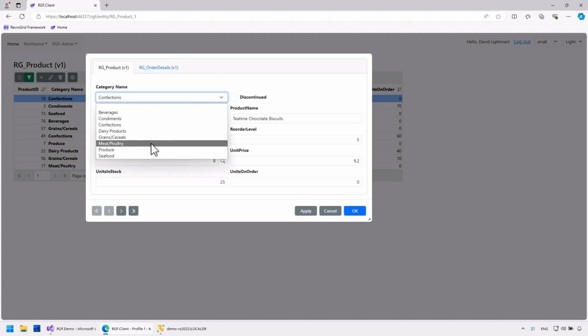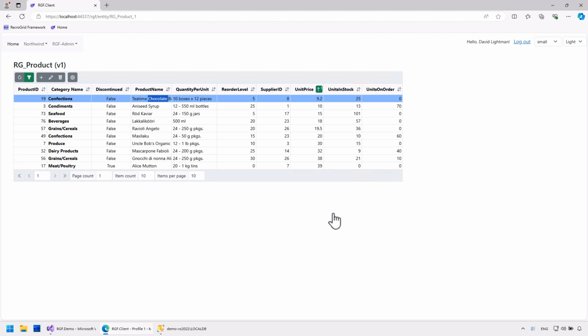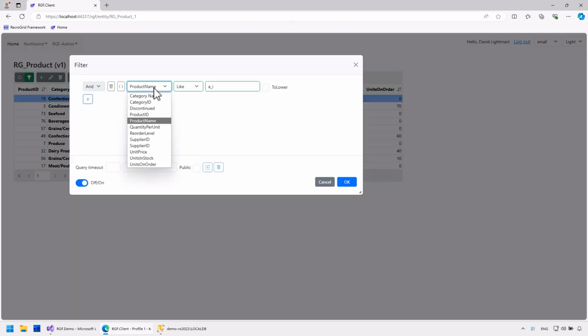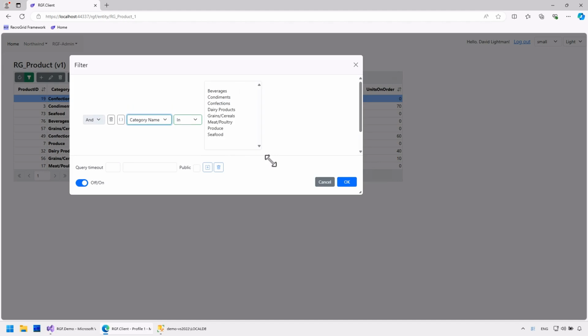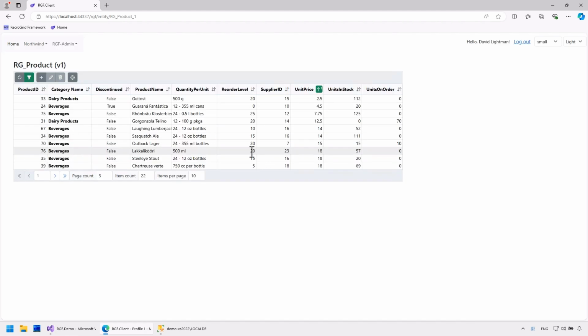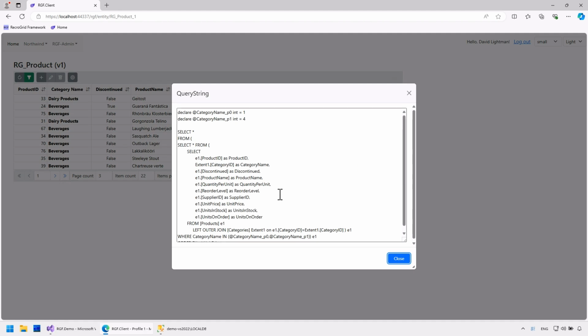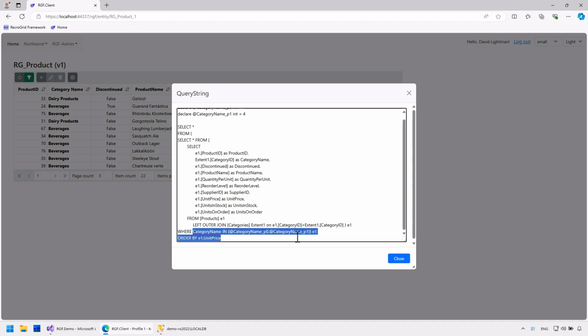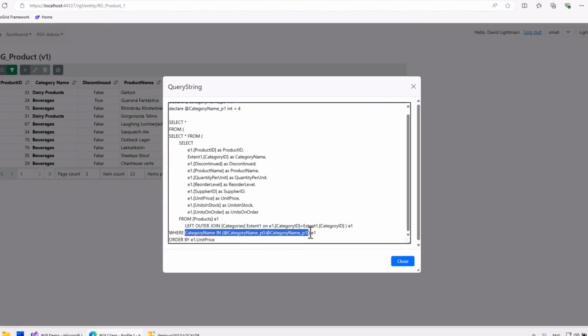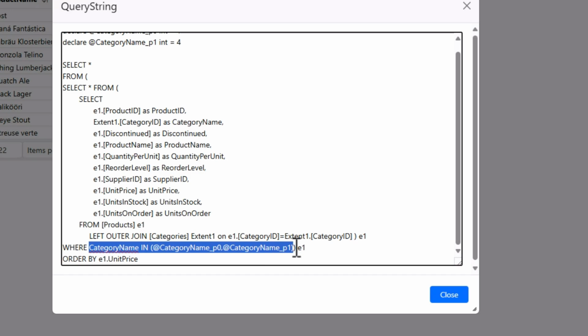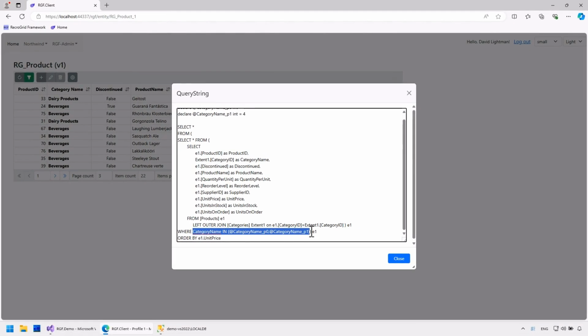Next, we'll look at a drop-down in form view, such as the category. In the filter, this appears as a list box, and you can select multiple items. This is how it appears in the query. This essentially brings us to filtering based on data from another entity, since the category name is in the categories table and not in products. We set this field in a previous demo for the form view, and thus it automatically appears in the filter as well.